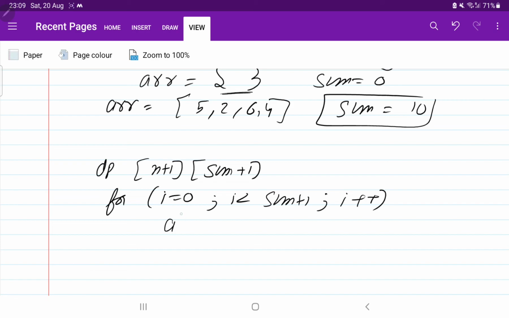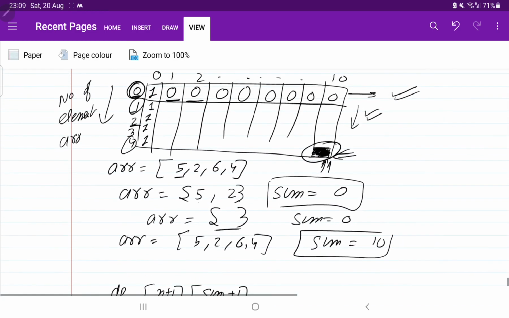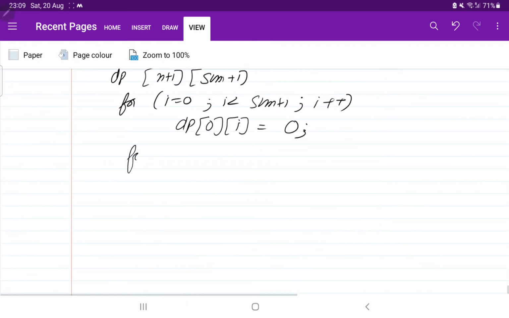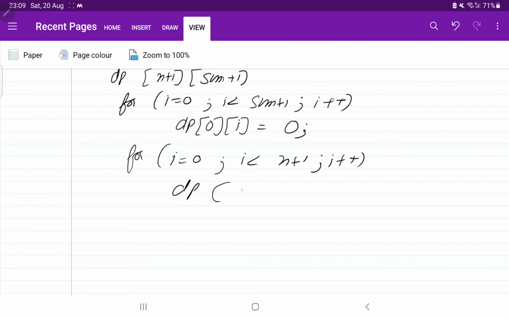Then we fill dp of 0 comma i, all elements as 0. Then we have to fill all the rows. For i equal to 0, i less than n plus 1, i plus plus, dp of i comma 0 with the element 1. So this is the entry that we have done.